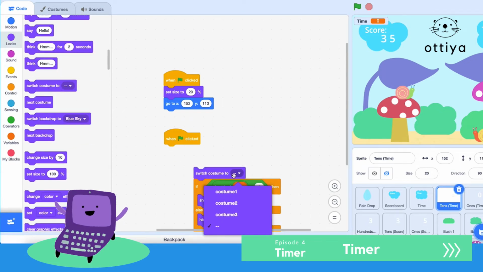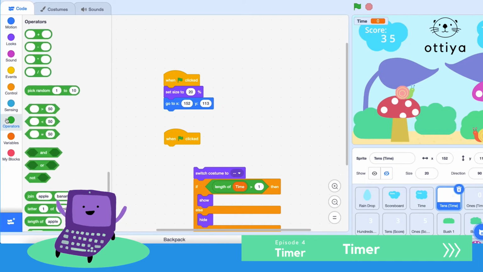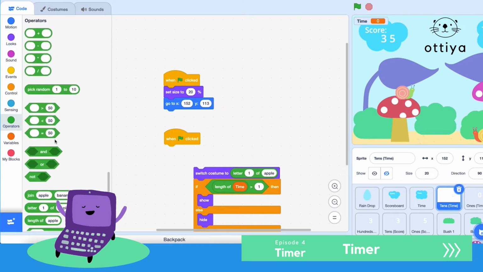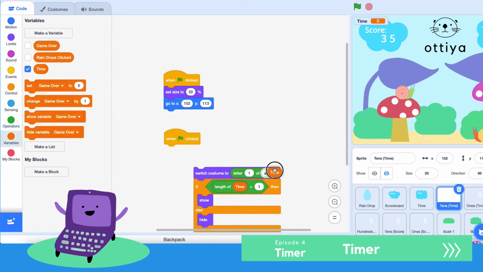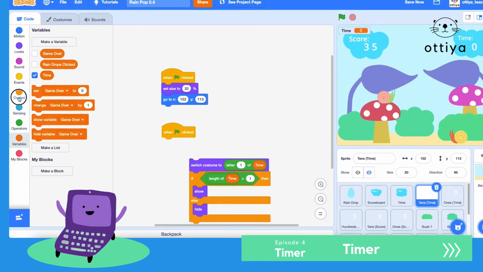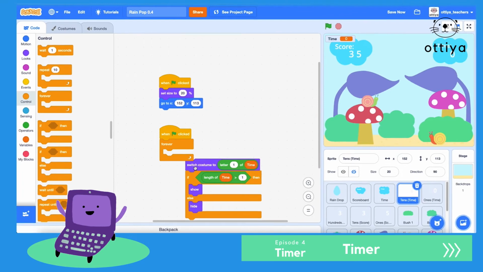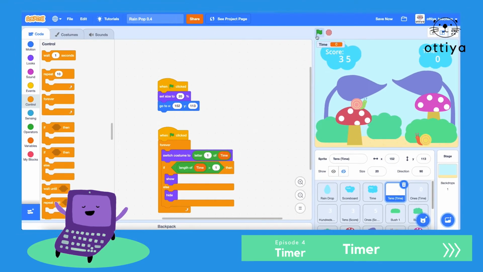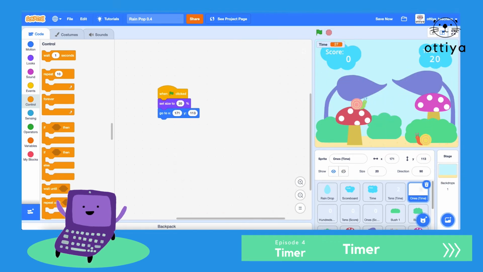And we want the costume to switch to letter 1 of time. That's right. And we need the forever block to be right there. So as you can see, the tens place is indeed working,